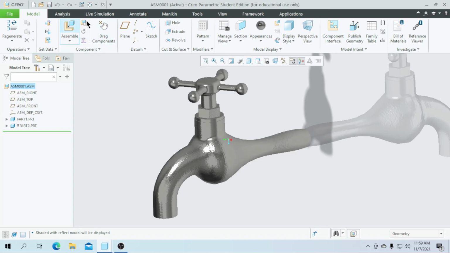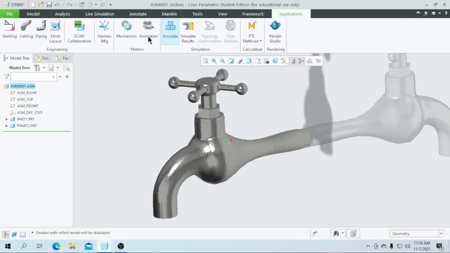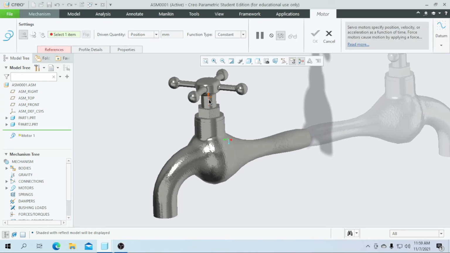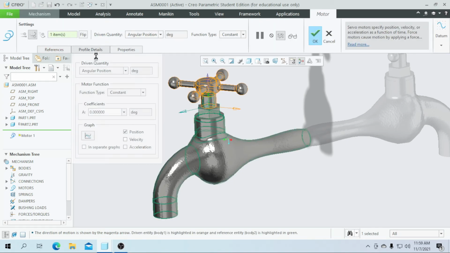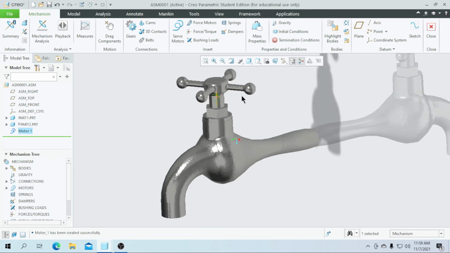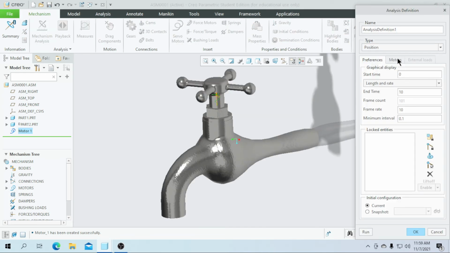So now let's go for the mechanism. Go for the applications, mechanism, and I am going to add a servo motor here and go for the angular velocity and enter the coefficient as a value of 20. Click on OK. So now let's go for the mechanism analysis. Select this as kinematic analysis and select the end time as 100 and run it.